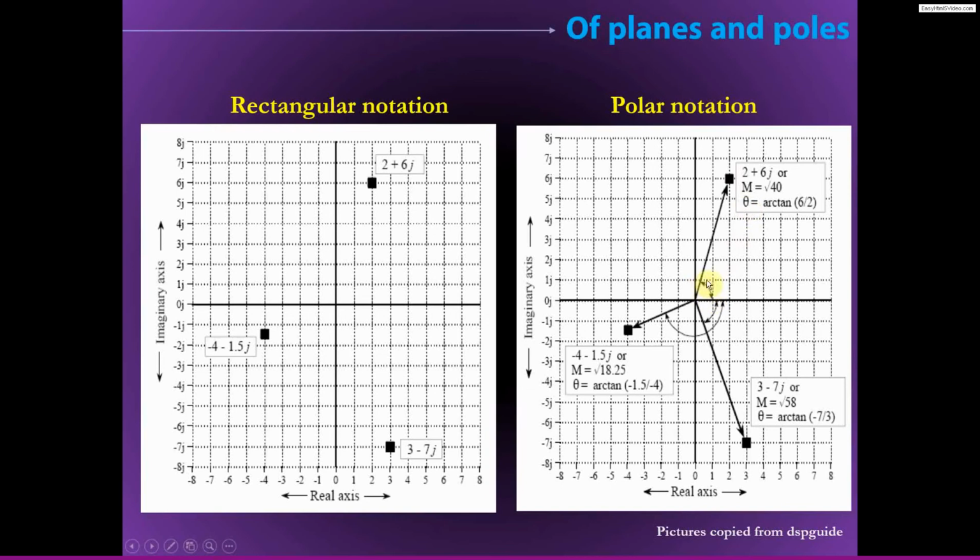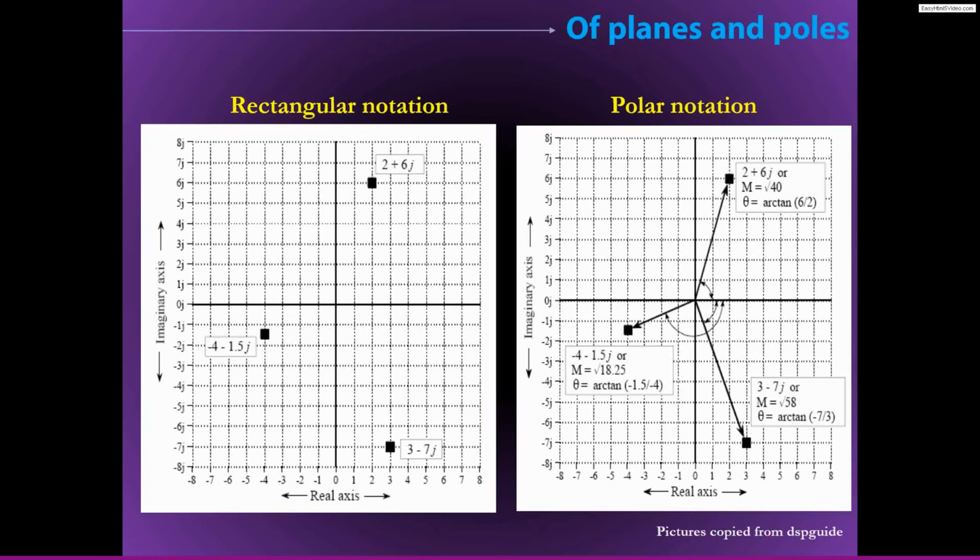Furthermore, the angle of this line, which tells us how far this point is away from the positive real axis, we can get using trigonometry. So the tangent of this angle is equal to the ratio of the projection onto the imaginary axis over the projection onto the real axis. So theta equals arctangent 6/2, which is the imaginary part over the real part. Okay, so I hope this is sensible. Maybe it's trivial, or maybe it's a little bit weird to think about, in which case you might want to go back and review